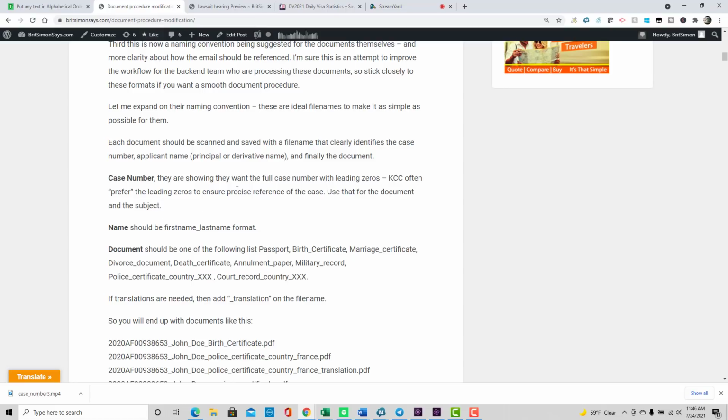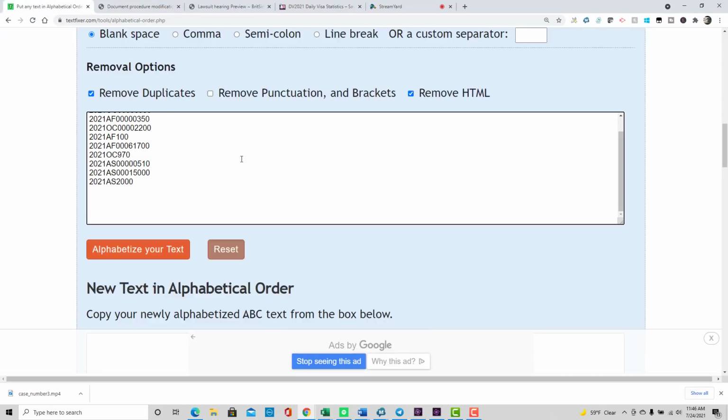But I want to demonstrate how things could be working if you don't follow that piece of advice, right? If you put just your case number without the leading zeros, it changes where your case number appears in an alphabetically sorted list. So imagine KCC have got one email box, which may be filtered so that it goes into different folders by region, but whether it's filtered or not doesn't really matter. The point is there should be some sort of numerical order.